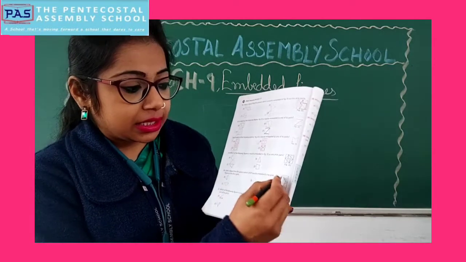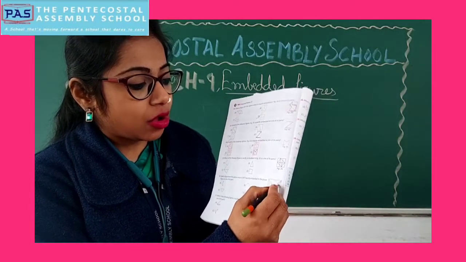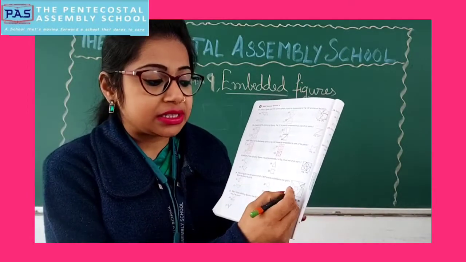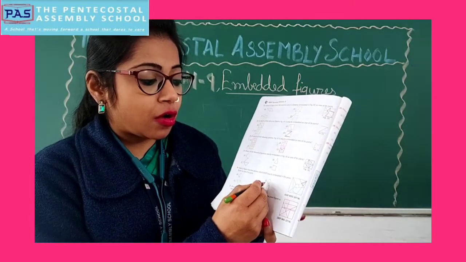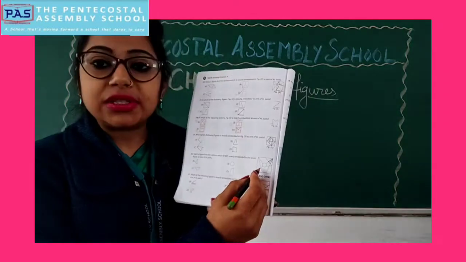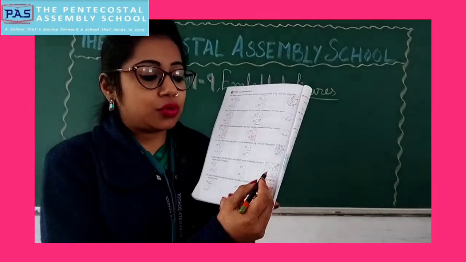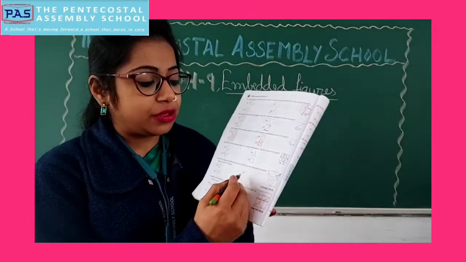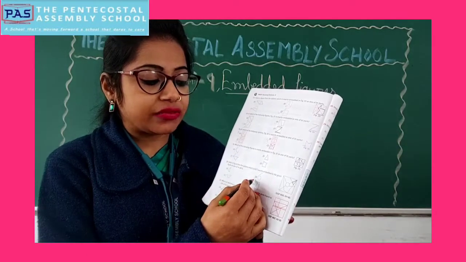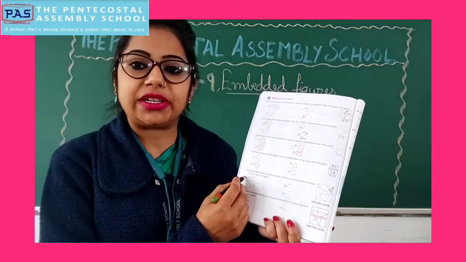You can see that the figure given in option A is present in this figure. Now in option B you can see that there is a circle. So can you see a circle in this figure? No. So your answer will be option B. You can check the other options also, but you got your answer from option B. So the answer is option B for question number 26.